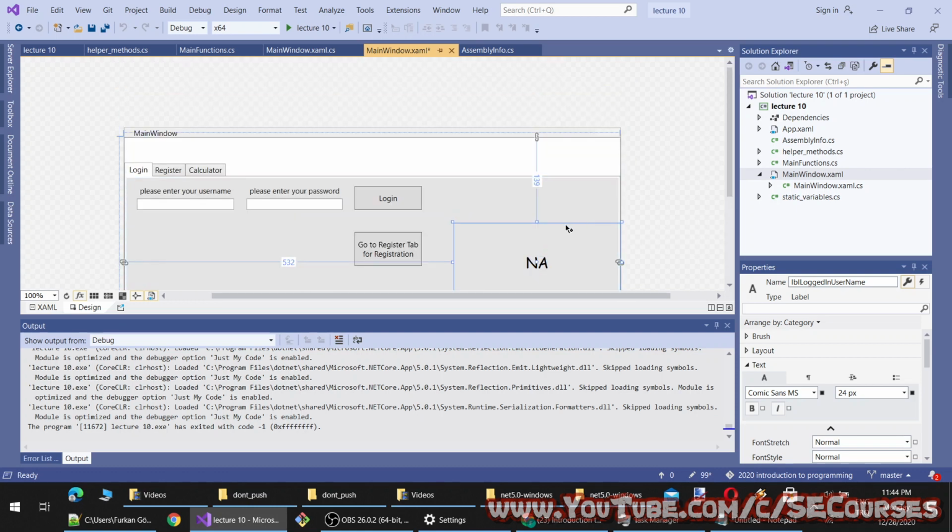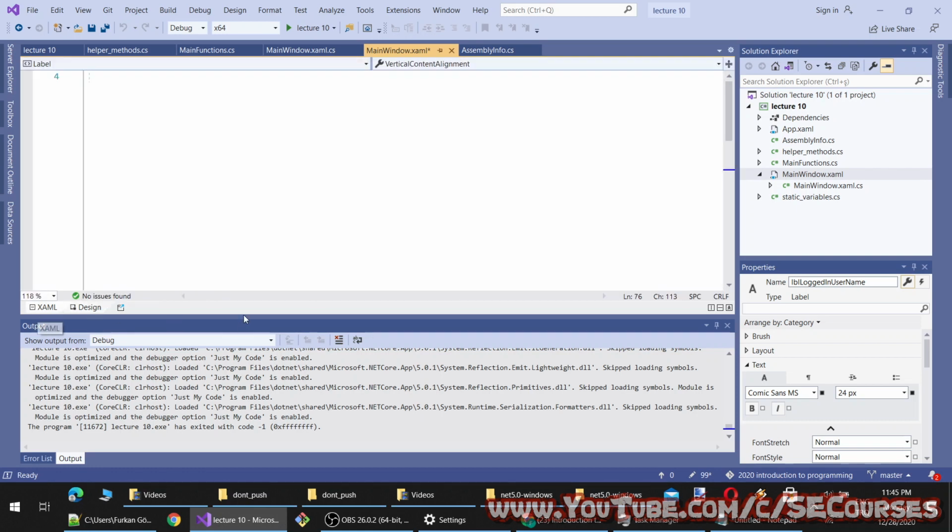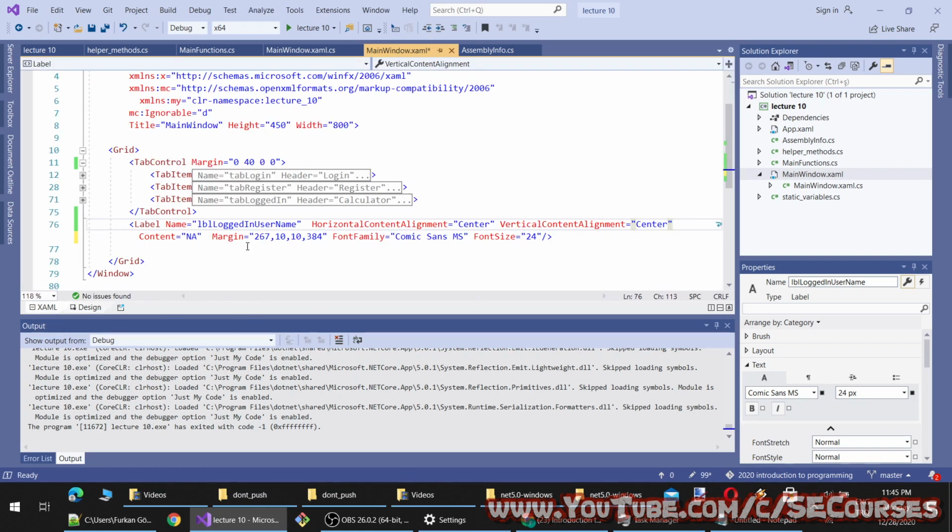So we just need to set its space again. Set its location like this. Here. Actually, I want it to be right alignment. Okay, horizontal.